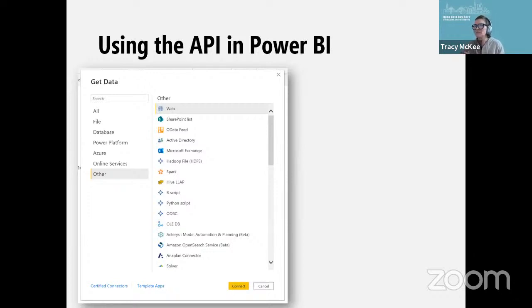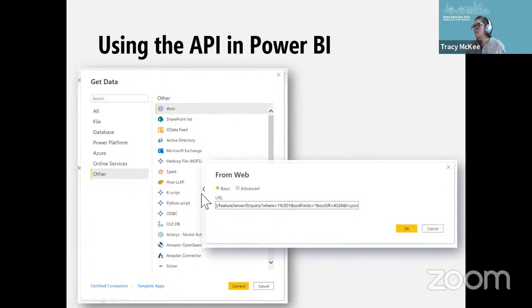So Power BI, this is really the screen that comes up when you open a new Power BI project. It always wants you to first go out and tell it where to get the data that you want to utilize. So here I've selected Other, and then just selected Web, because we're going to provide a web address. And in that pop-up window, you would just paste the URL that you got from the API Explorer in our